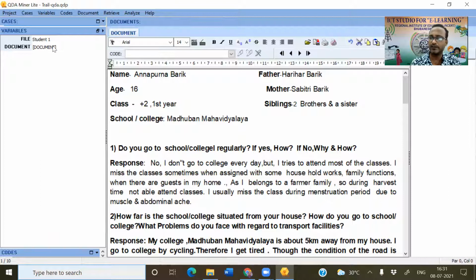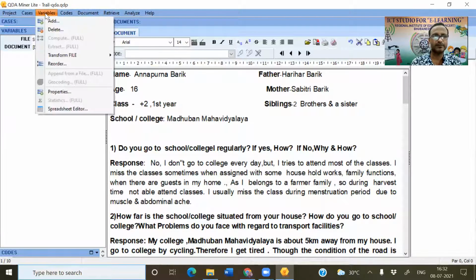But you want to add some more variables here. For this, you see here there is a toolbar. This is the variable view. If you click this pull down menu, you can add a variable.